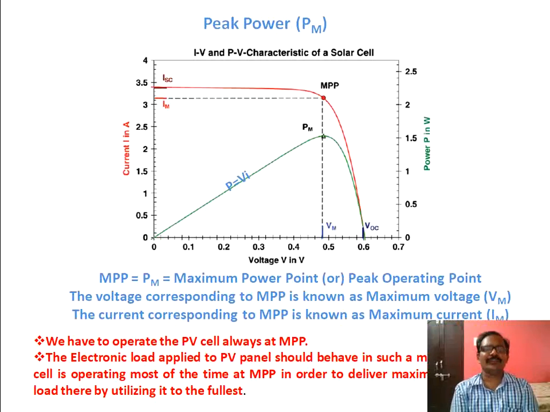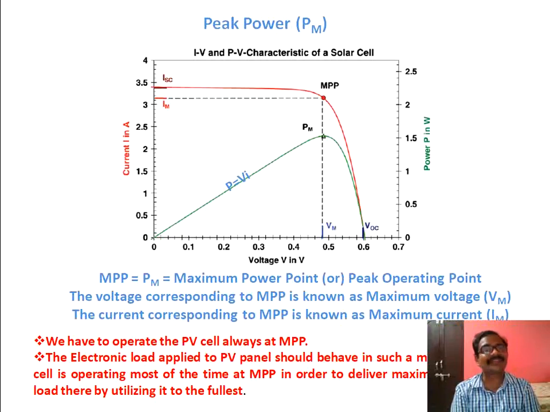Generally we assume that power will be maximum when voltage is maximum or current is maximum. But let's see the point here. ISC is the maximum current drawn from the solar cell. So what is the power at ISC? Power is equal to voltage into current. So power at ISC is equal to current ISC into voltage. What is the voltage at ISC? 0. So therefore ISC into 0 will be 0. Therefore at the short circuit current point, the power is 0, and thereby you can see the power curve starts